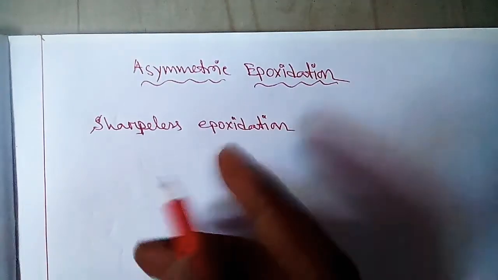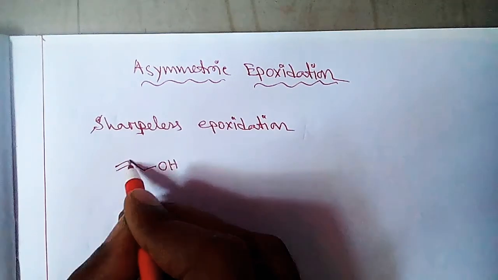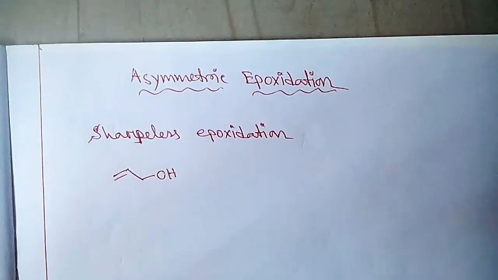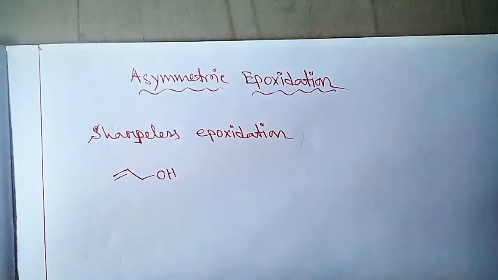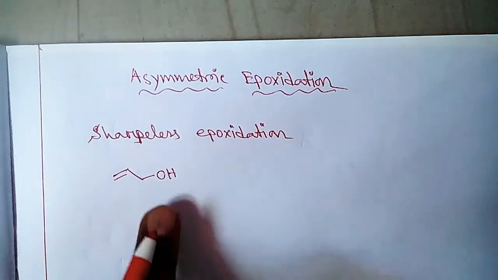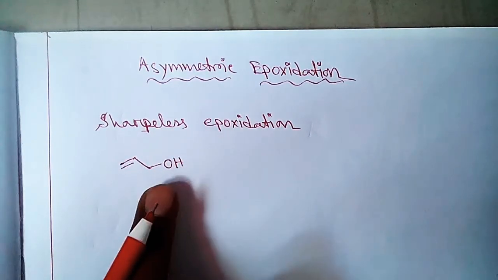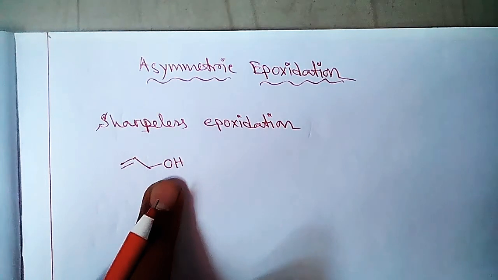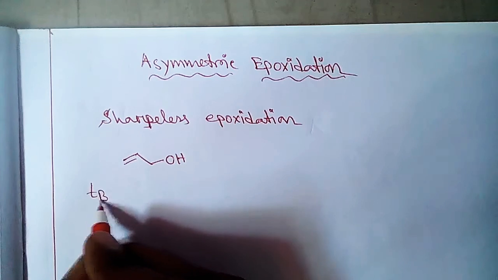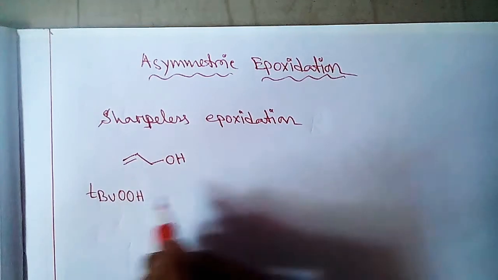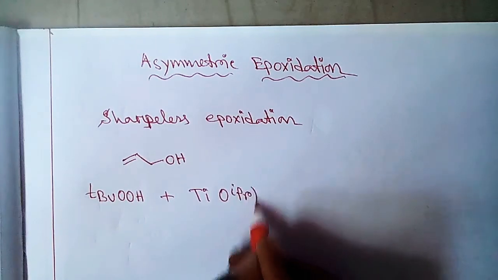Sharpless epoxidation is highly specific for allylic alcohol, and as it is asymmetric epoxidation, it gives asymmetry in the product molecule. In the Sharpless epoxidation, you have to use allylic alcohol, and the reagent is tertiary butyl hydrogen peroxide in the presence of titanium isopropoxide,